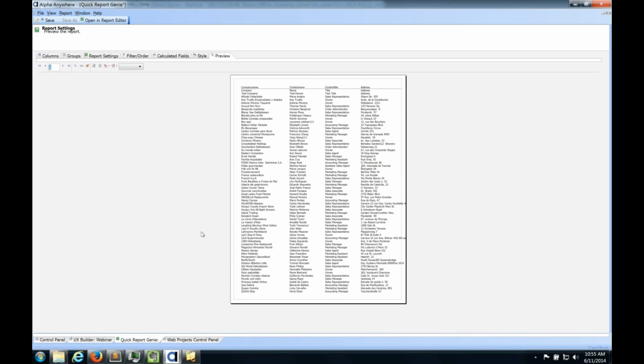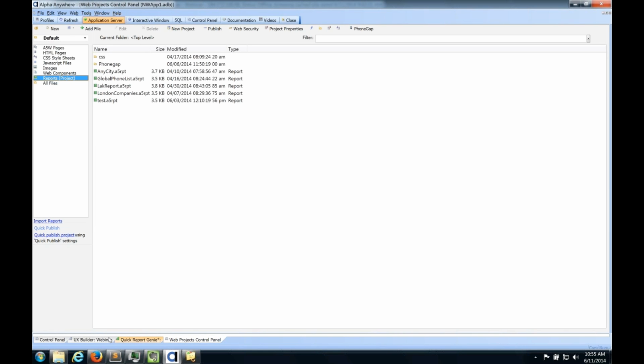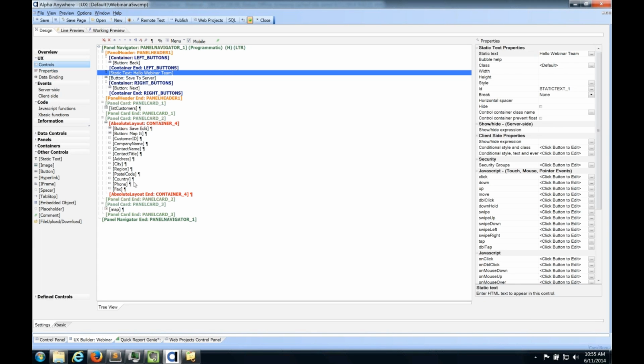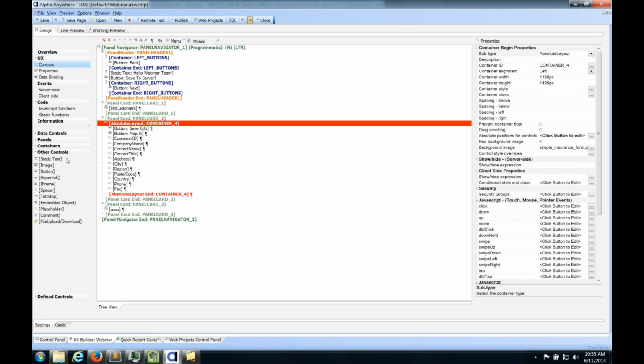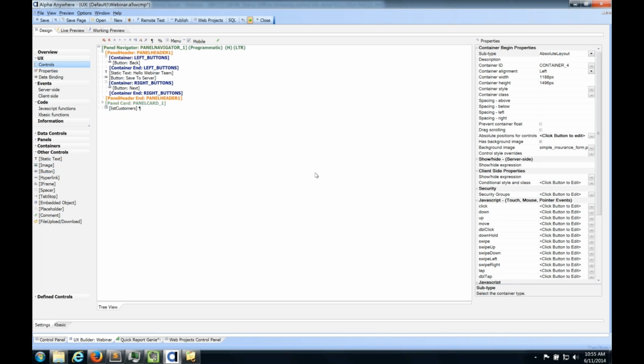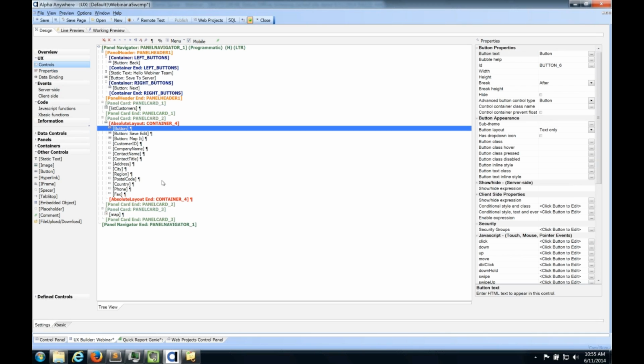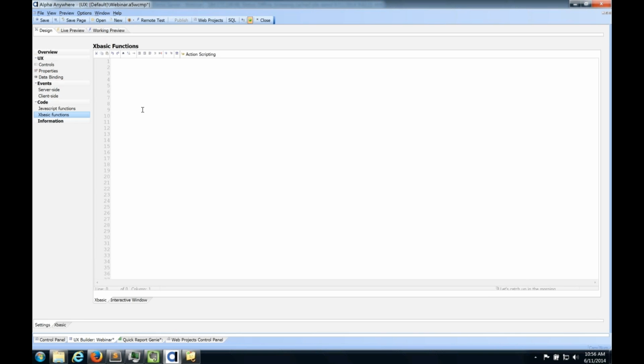James asks, what backend languages does the system build on? Very good point. Alpha ships with a built-in language, and let's say I wanted to take a button here, just to show you how this would work, and add to that button an AJAX callback. I won't go into details here. Alpha has a language called XBasic. So you can create an XBasic function here that runs on the server that can munge data, query databases,